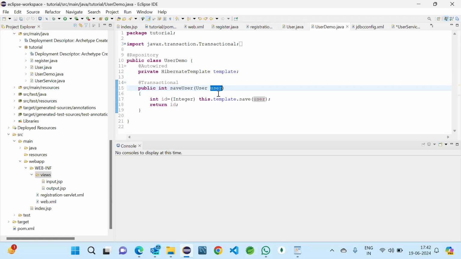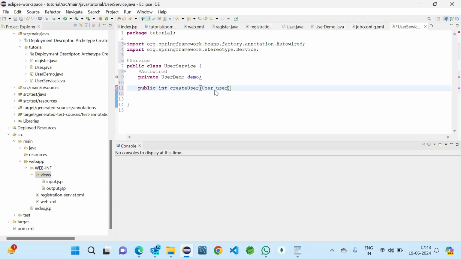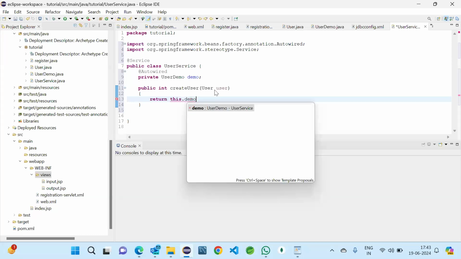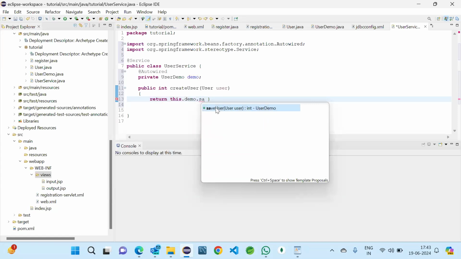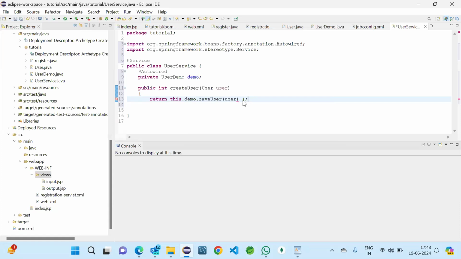So here also we will take a user object, and this object should be passed to the save method. So return this.demo, and we will call the saveUser method and pass this user object. That's how we will call saveUser from createUser. So that's it in the service.